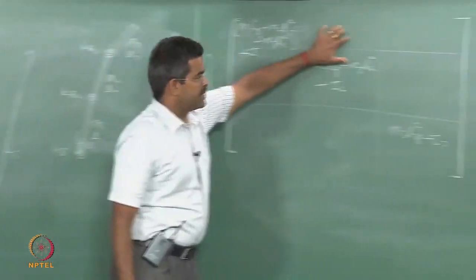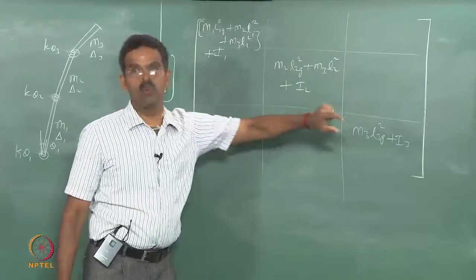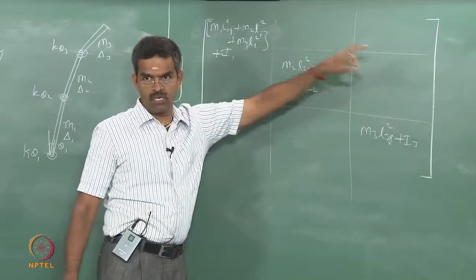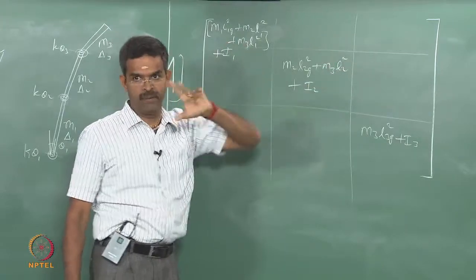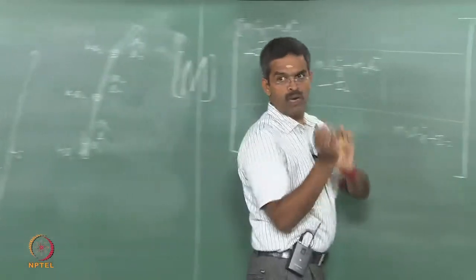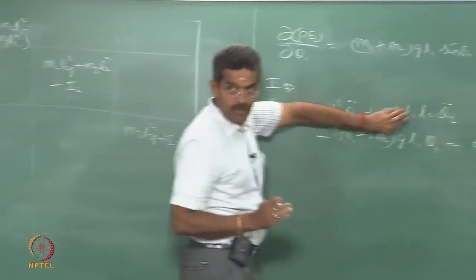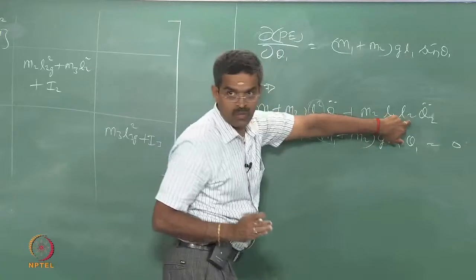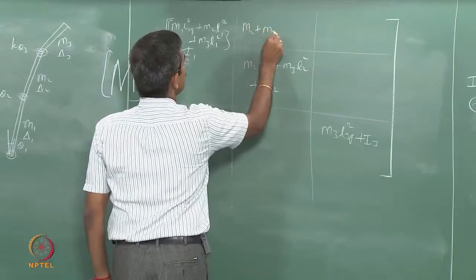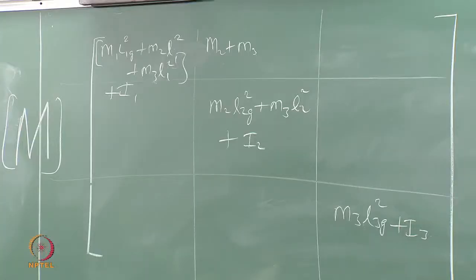Now let us look at this term, the second term, which is related to theta 2, whereas there are 2 only, but it will be theta 2 and theta 3 both, theta 2 double dot, theta 3 double dot, second term. Now if you have only M1 and M2 mass, M1 is not appearing in the second term, M2 is appearing, whereas the product is L1 and L2. In this case it is going to be M2 and M3. Okay, let us expand this slightly.